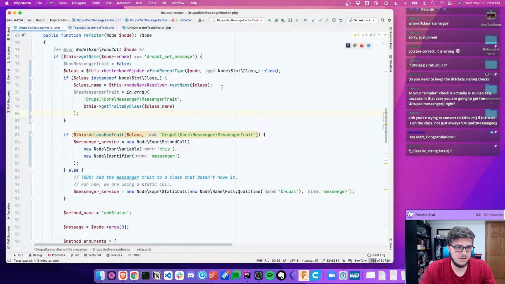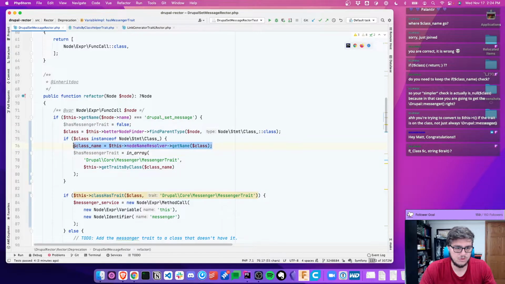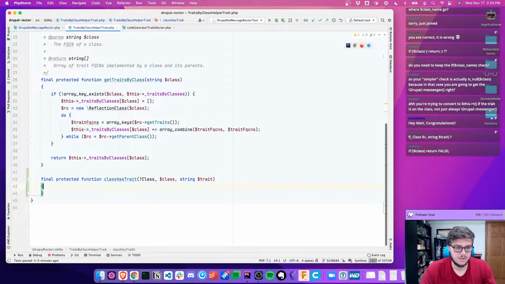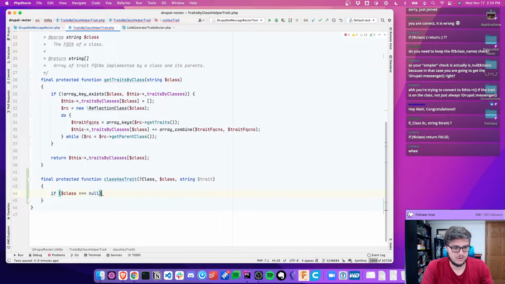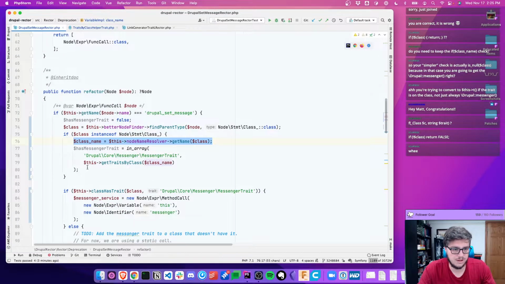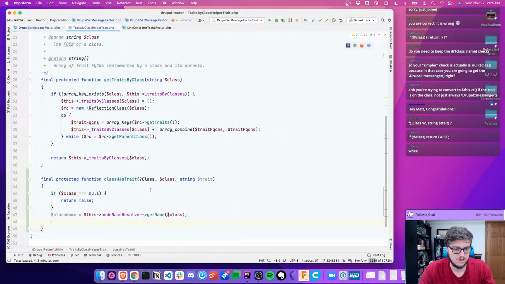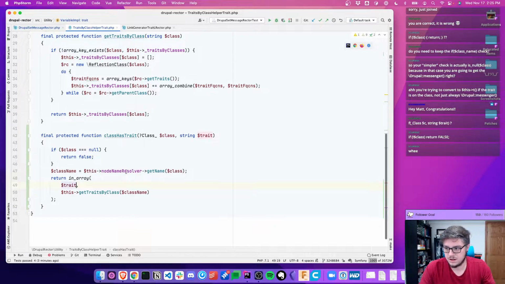Which is now, so let's do, so if class equal to null, return false, class name, get in this actual camel case, and then return there. So that